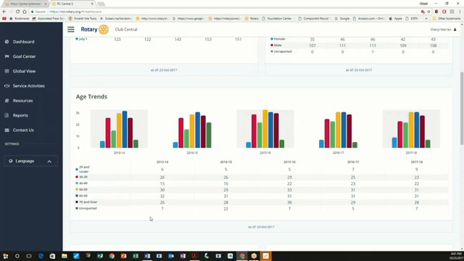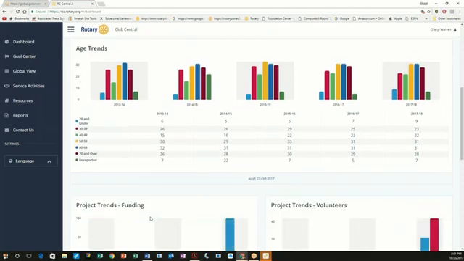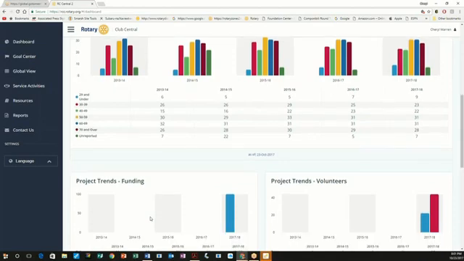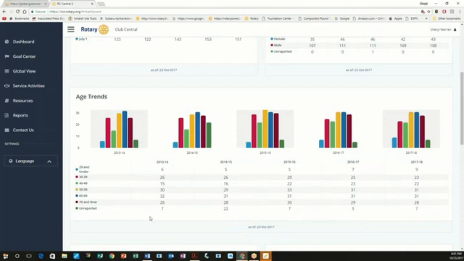We never share that data with any third party, and we actually have a disclaimer. Several clubs have disclaimers on their proposal forms and their applications for that very purpose. Absolutely. And I would say if people are uncomfortable giving you the exact year of their birth, can you at least get them in the right decade? Because on the left-hand side, you can see that we group them 29 and under, 30 to 39, 40 to 49, and so on.